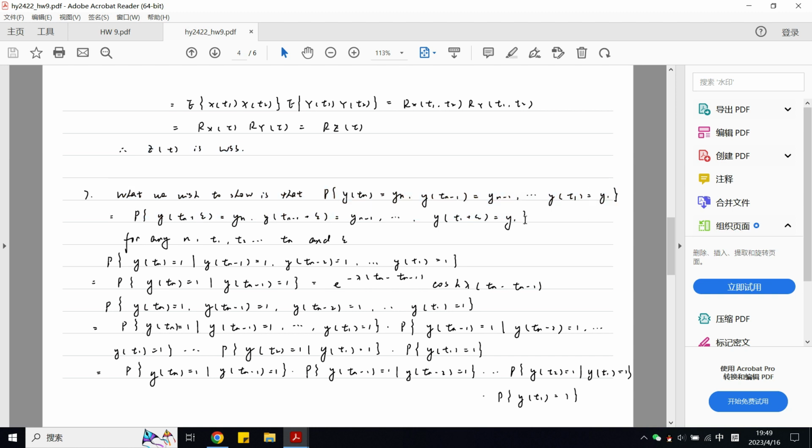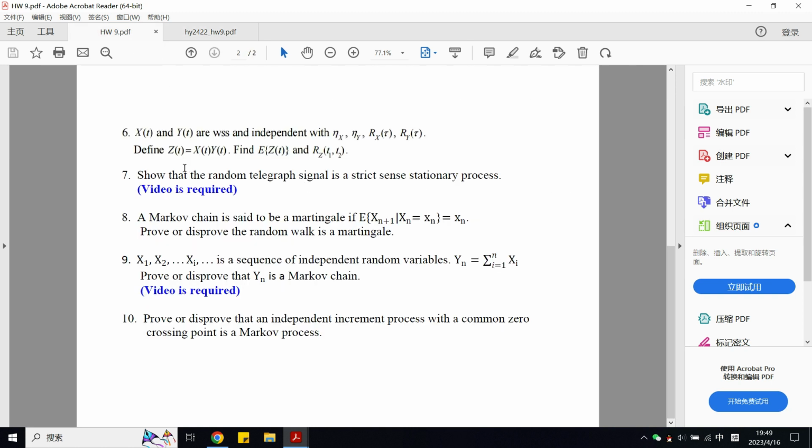So based on calculating the result of these two probabilities, and finally we find that the